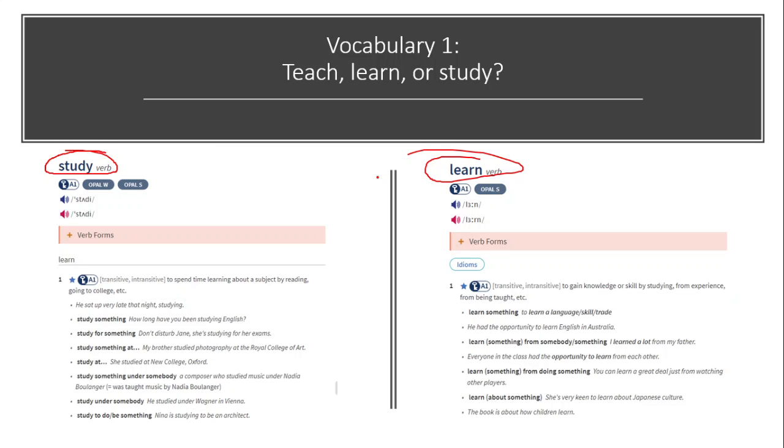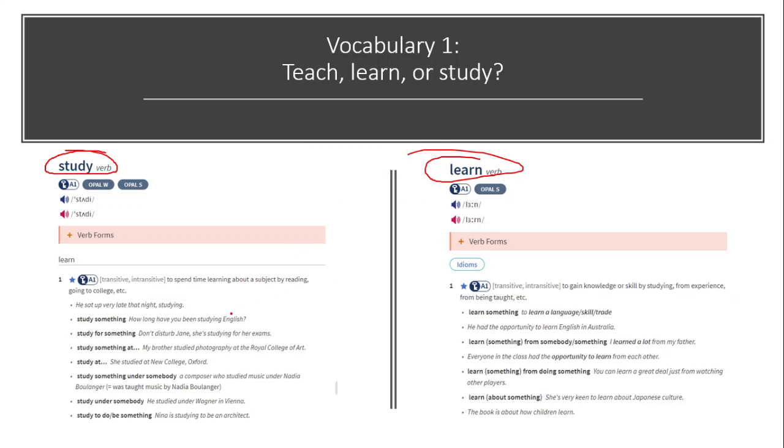It has to be a monolingual dictionary, because in a monolingual dictionary you will get more than just the translation. You will get the context. You will get how we use that word in a sentence. Okay,